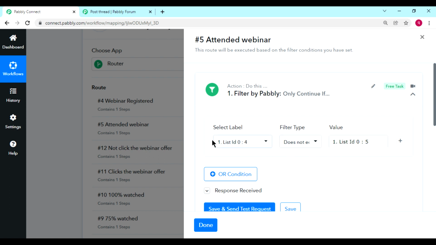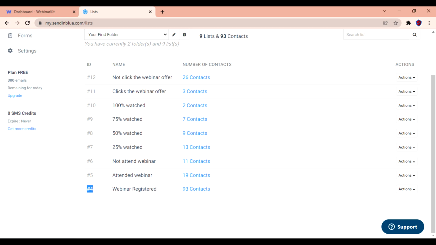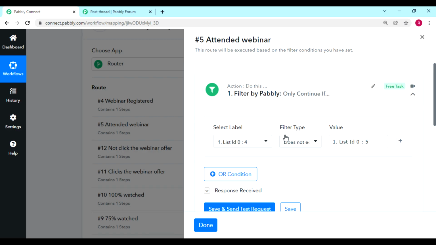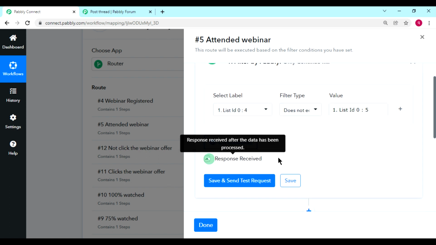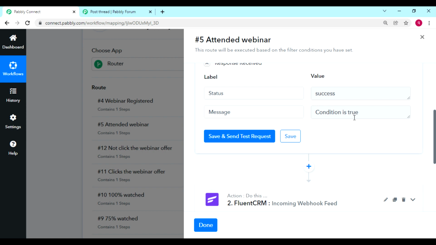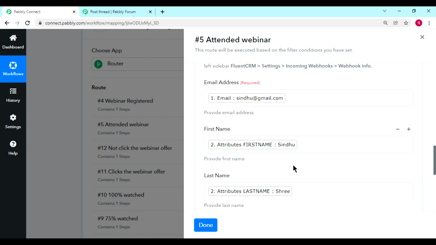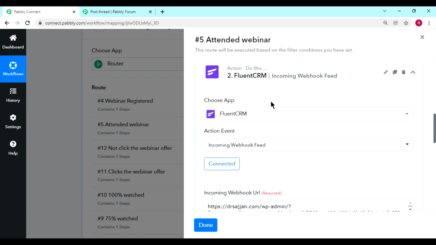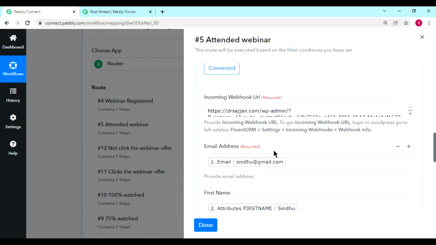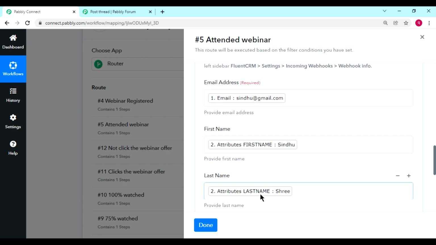The filter name is attendees, attended webinar, and the attended webinar ID is 5. So I put this ID as 5 and set the filter type as does not equal to 5. So I have got the list also. The condition is true, and this data has been triggered to Fluent CRM. This data has moved to Fluent CRM. Yes, this is correct.